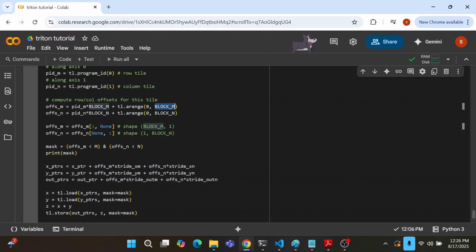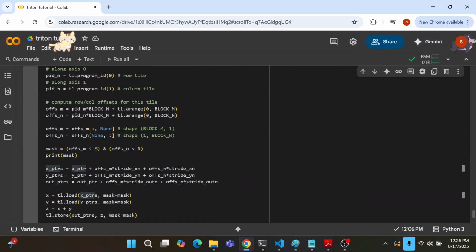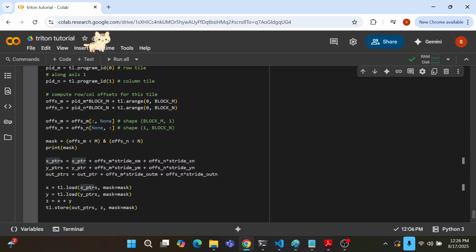To get to the actual memory location, you take the base pointer, and then you add the row offset times the stride of the row, stride xm, plus the column offset multiplied by the column stride of that input tensor.